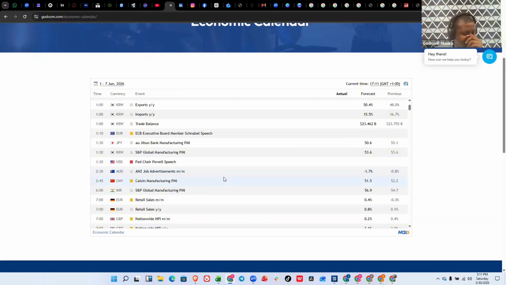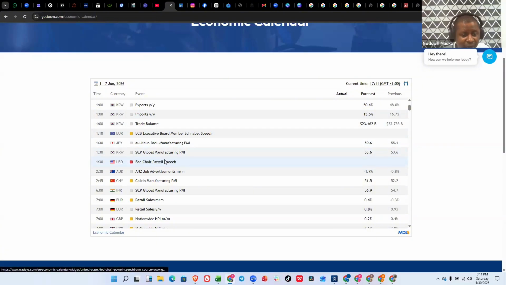And moving into the new week, I can see a lot of currency pairs giving me a very nice and sweet setup, especially the likes of Euro AUD and AUD USD, giving me a wonderful setup moving into the new week. And I'm also going to be sharing them on this webinar. Okay. So moving into the new week, if you look at the economic calendar here,